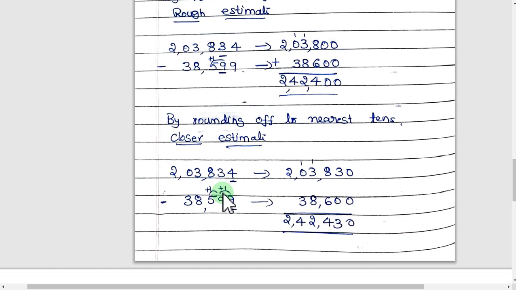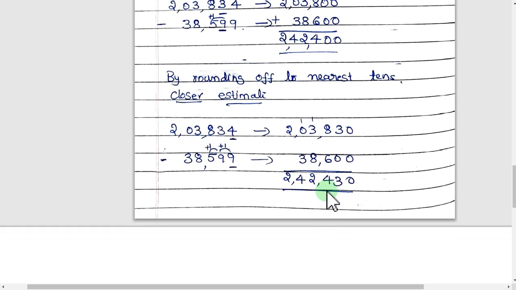One more thing here, when we add 1 here, it becomes 10. 10 means we always carry to the next digit. So we have to carry 1 to the next digit. So 3, 8 remains as it is. This also becomes 1, since this became 10. So adding 1 to 5, this becomes 0. 10 means we are keeping 0 here and carrying 1 to the next digit. So this also becomes 0. Definitely this is a 0. After that you subtract, and this is the estimated difference.